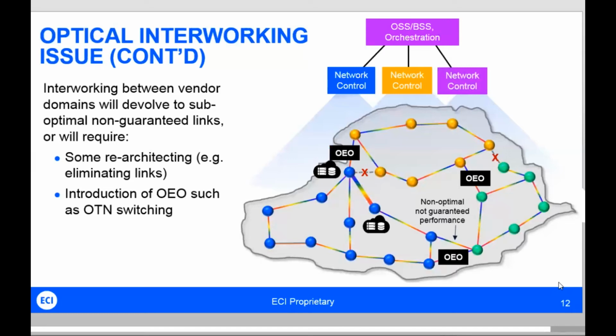So that could introduce new costs. Or, as I indicate on this particular screen in the bottom and the middle, you can do the interworking, but you're not going to have optimal performance. And if there's a problem, it's going to be difficult in terms of knowing who to turn towards. So again, this is something which is fairly common in large service provider networks. And in these networks, in almost all cases, the interworking is taking place at the electronic and not the optical level.